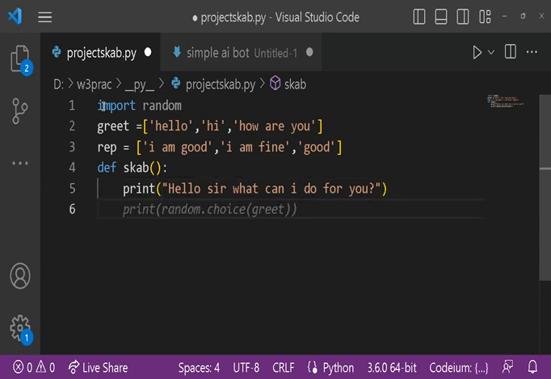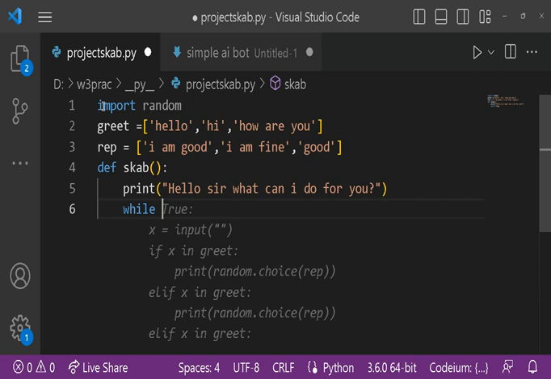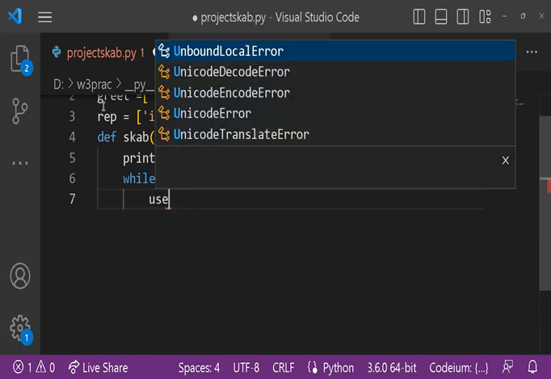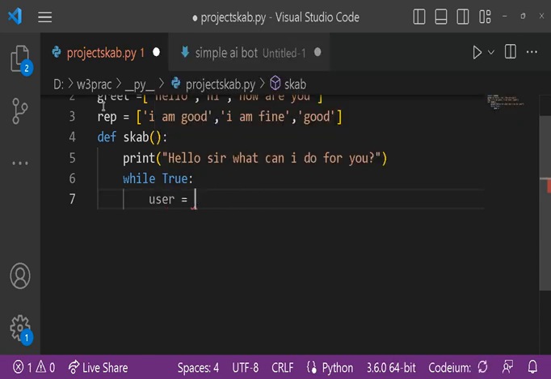Now we will definitely run our while loop, while True. Then the user equals input.